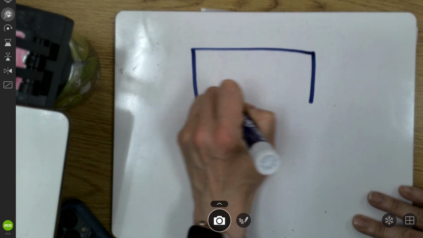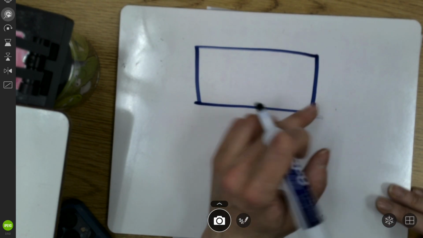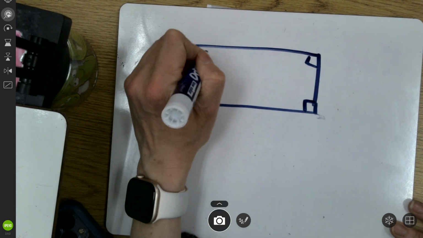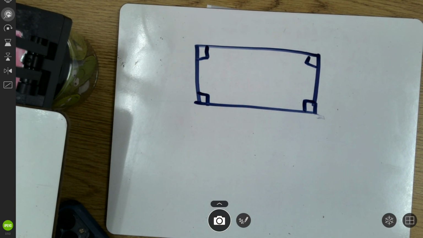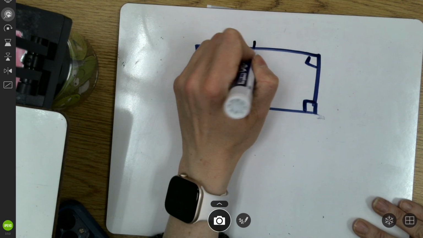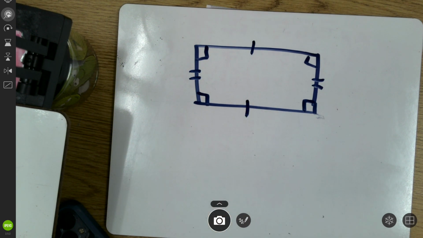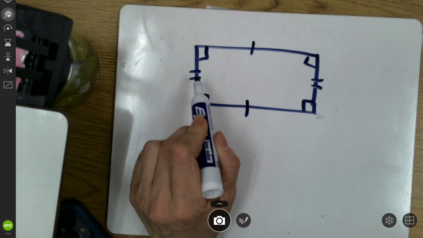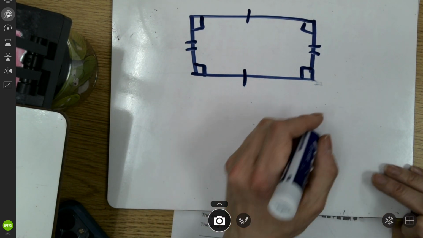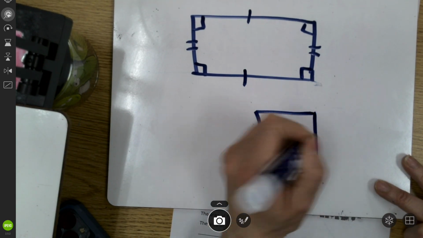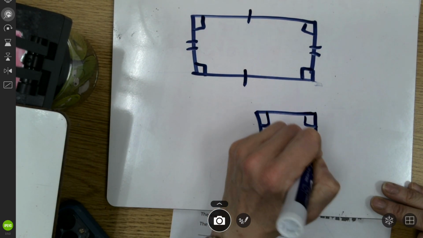So a rectangle is a shape with 4 sides. It has 4 right angles. So each corner is 90 degrees. It's a right angle. And its opposite sides are equal in length. So this side and this side are equivalent. That's another word for equal. And this side is. Now, a square is also a rectangle, but it's a special type of rectangle because a